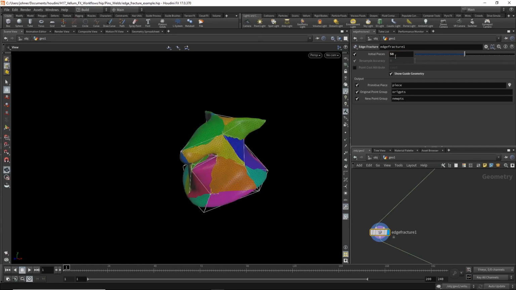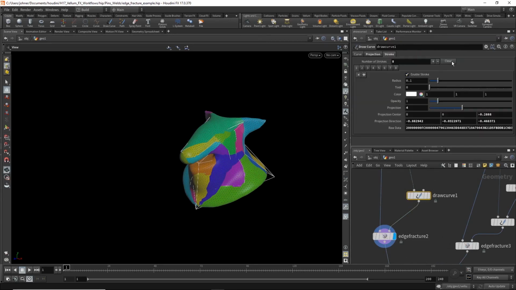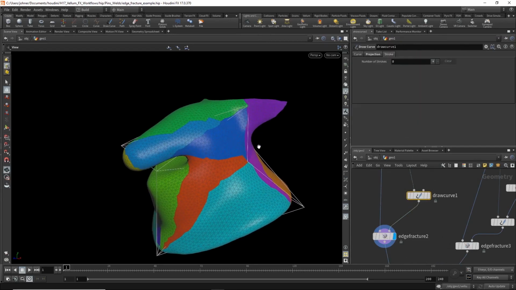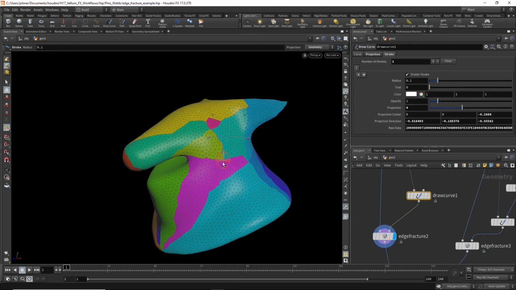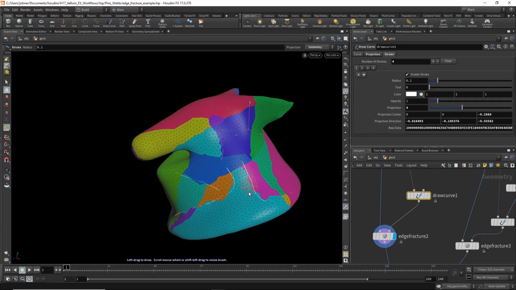So on top of the initial pieces, because we're just providing input lines, we can actually draw our own curves. I'm just hitting enter here, and I can then start tracing curves along the geometry. This way we can guide where exactly we want the cuts to happen. And it's not going to be exact because, again, it's tracing along the edges that are close to the curves